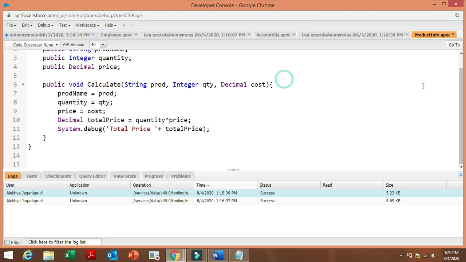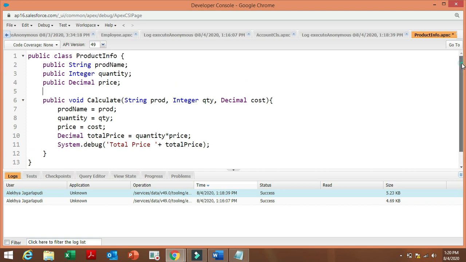So inside this class, product name, quantity and price are taken as the data members. String, integer, decimal are data types for these data members. Next, calculate method is included. Okay, this is the class, a normal class. Constructor is not included in this. Okay, if constructor is included, then the class name and the constructor name are the same.